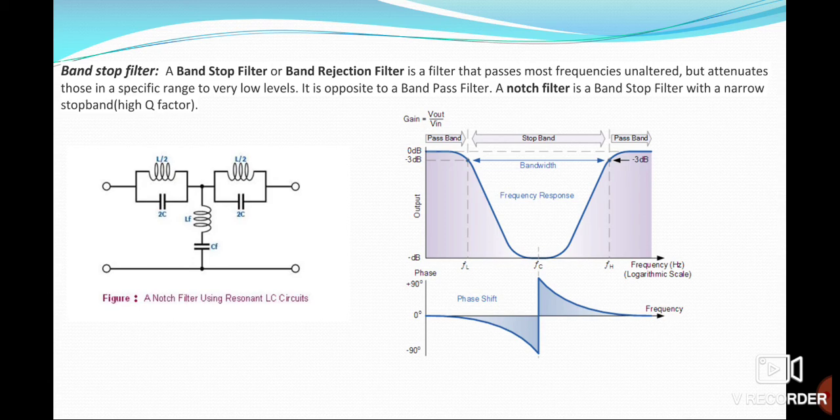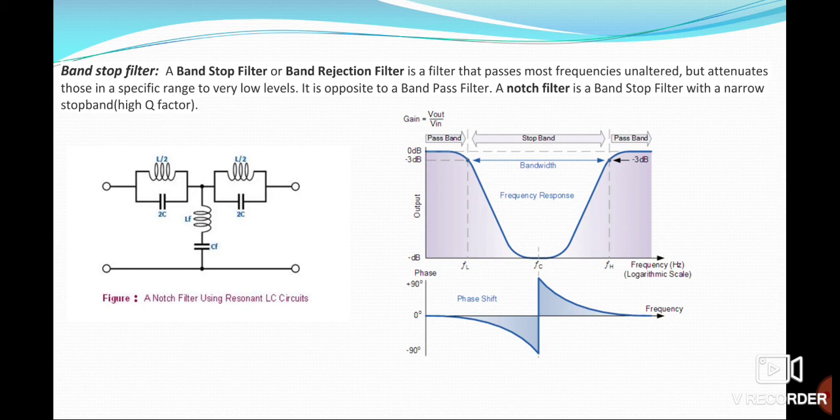passage of frequencies on the right and left hand sides, that is, above and below the range of the cutoff frequencies. That is, here we are getting the shaded portion in the low frequency range and also in the high frequency range, but not at the center frequency range. So the bandwidth basically here is acting as the stop band,